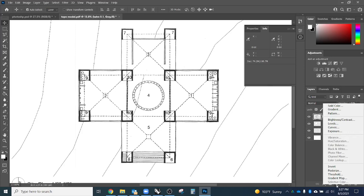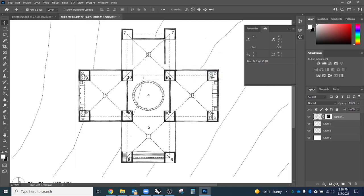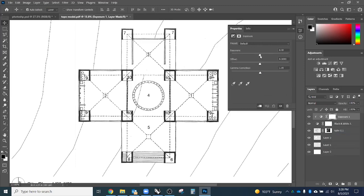So if you are in color and it's looking weird, like it has weird colors, you can always make a black and white layer. I think I'm in grayscale, so it won't let me. So yeah, if you ever want to change it, by the way, you go to image mode. There are those color options that we saw at the beginning when we opened the PDF. So if I were in RGB and I wanted to make it black and white, I could, in the layer adjustments, add a black and white one. And then I can also, of course, change things like the exposure, darkness of it,